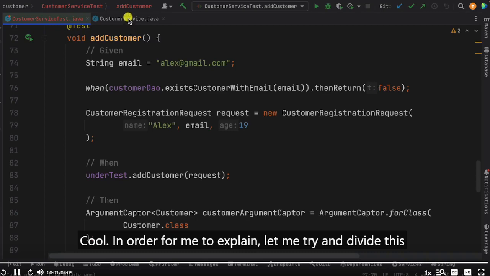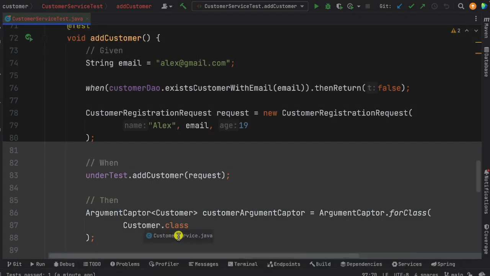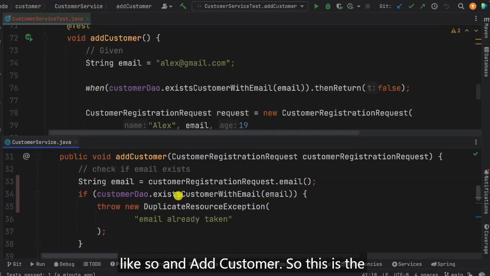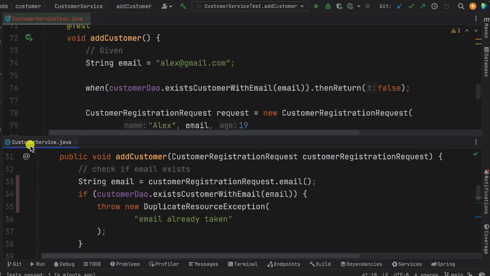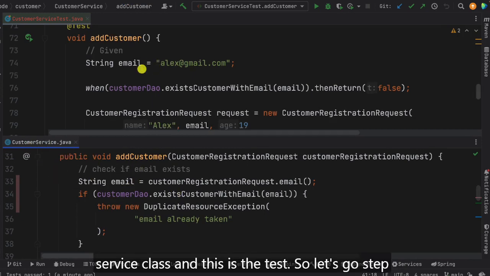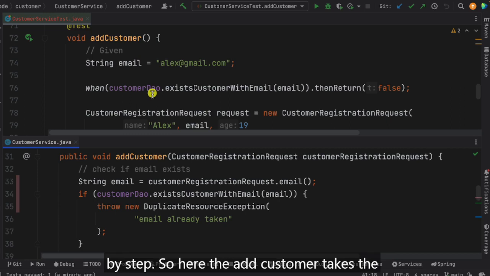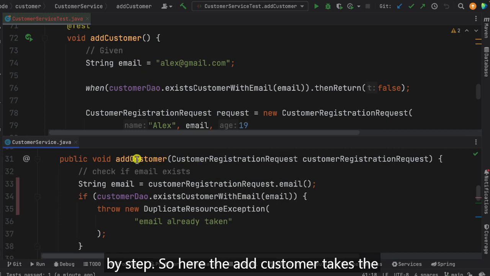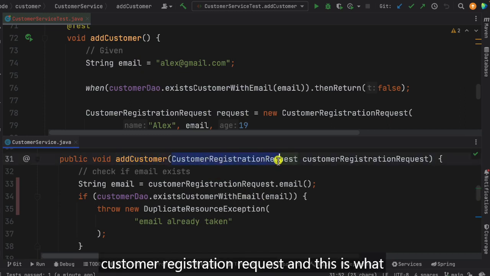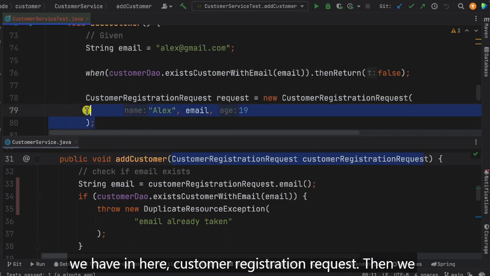In order for me to explain, let me try and divide this like so and add customer. So this is the service class and this is the test. So let's go step by step. So here, the add customer takes the customer registration request, and this is what we have in here, customer registration